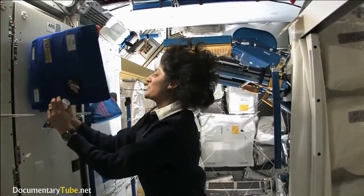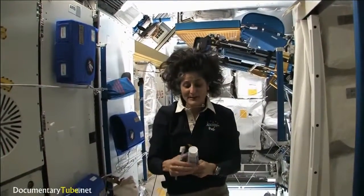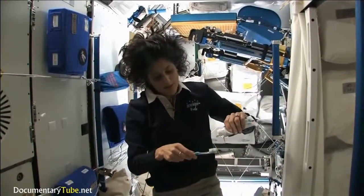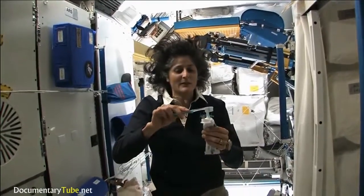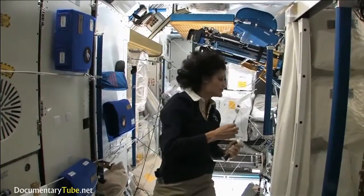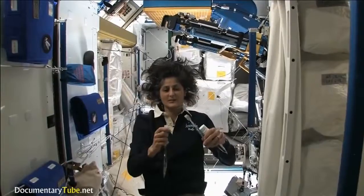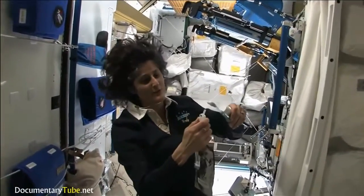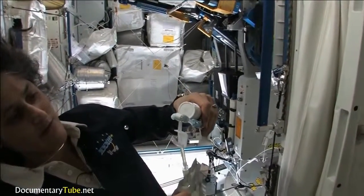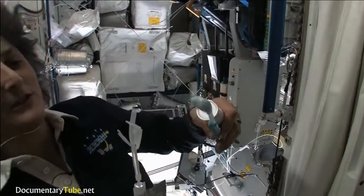It still stands up straight. It doesn't matter where you are, it's always going to stand up straight while you're up in space. A lot of people ask about toothbrush and toothpaste. Luckily, toothpaste is sticky, so it sticks to your toothbrush. No problem. Another cool thing is that water sticks to your toothbrush too. If you can see it, I'll have some water come out. The water is pretty neat up in space. It'll stick to your toothbrush and it will make